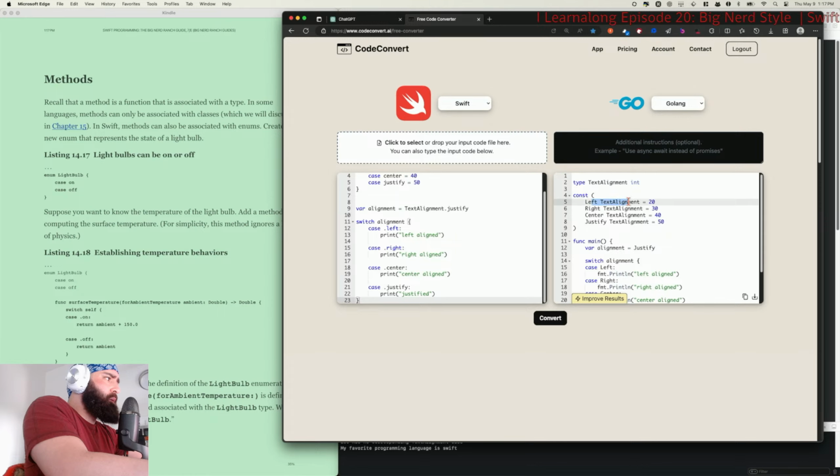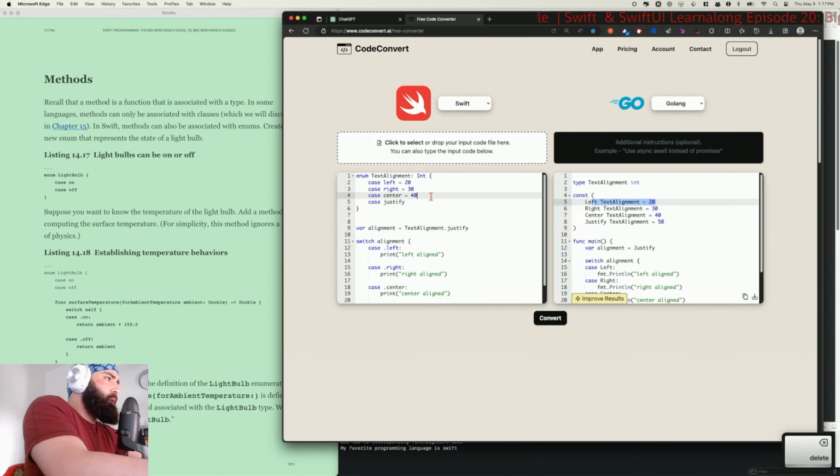Const. Yeah, but that's different because that's actually assigning the value, but that's not what that's doing.